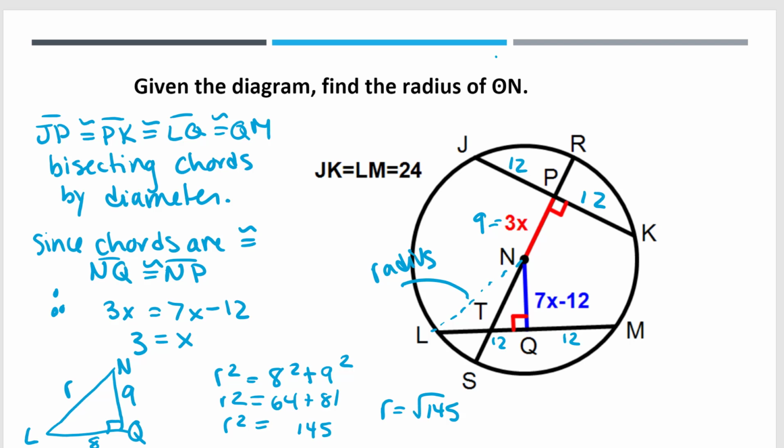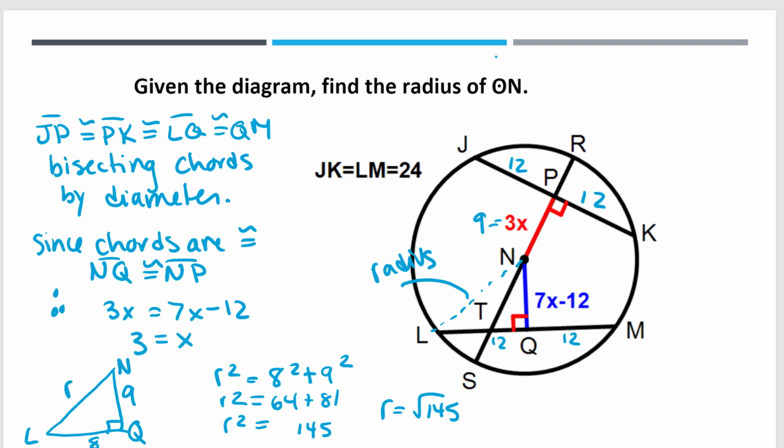So similar to the last question, if we know that the chord JK is congruent to LM, and they're both 24 units, they are being bisected by the diameter SR. So therefore we know that JP, PK, LQ, and QM are all congruent, and they are length 12. Since the chords are congruent, we know that they are equidistant from the center. Therefore,